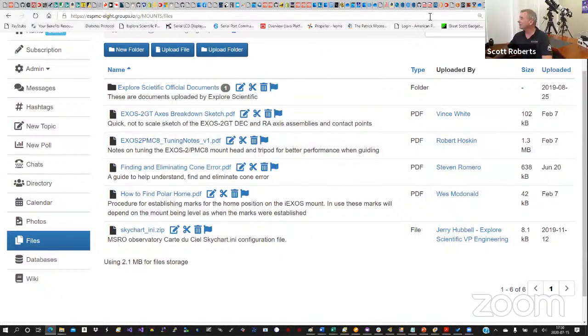For all of you that were looking for that, that's great. It's great he shared it with us. That's the whole point of the GOTO community. That's right, the foundational change that Explore Scientific is trying to create in how this industry operates. If you belong to the OpenGOTO community, you're basically in a club with hundreds of members,